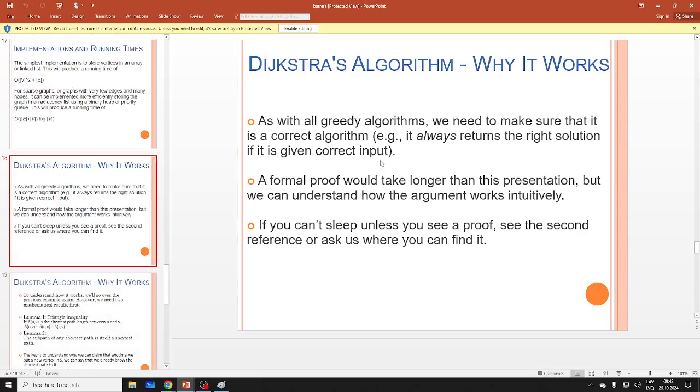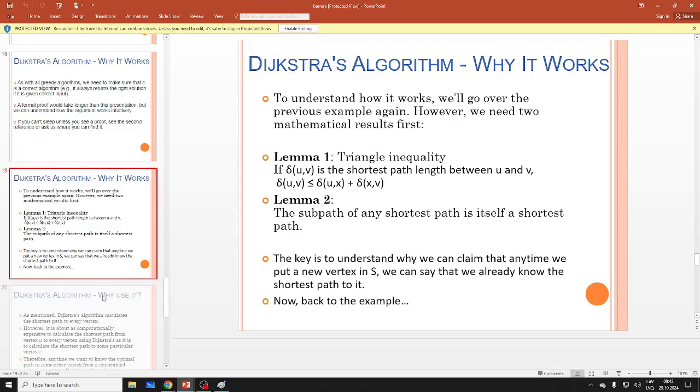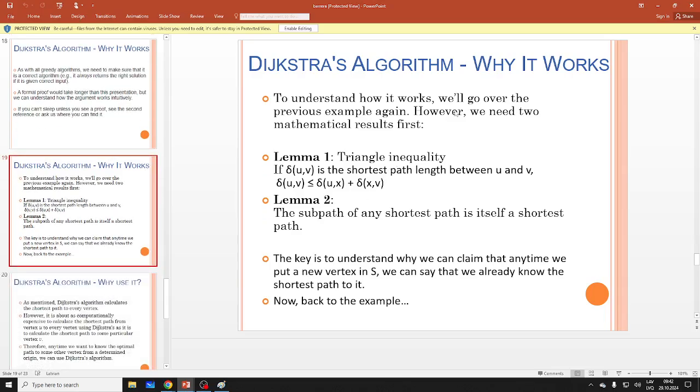So let's look at this before the break. Let's look at why it works. There's a formal proof. Of course, Dijkstra proved it, but you don't have to. So the basic idea is the triangle equality. Basically, if there's UV, the shortest path between U and V, then